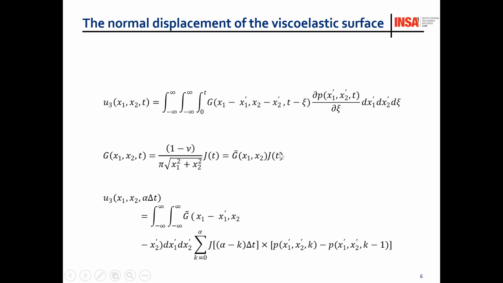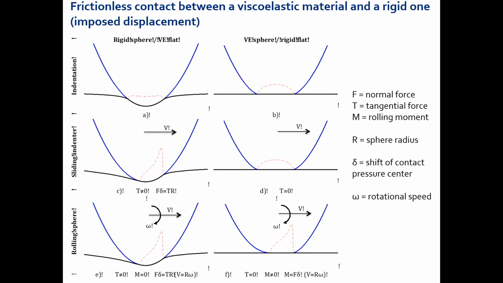Then this is a description of the Green function. This time the Green functions depend on the creep function, G(t). Then we know how to solve these equations using a fast Fourier transform when we move into the frequency domain. And when you have several time steps, then alpha here is an integer, 1, 2, 3, etc. And then we can calculate the displacement at the surface of the body.